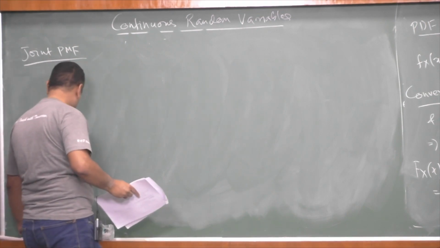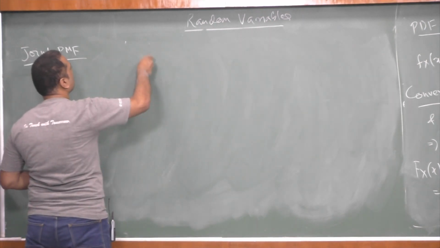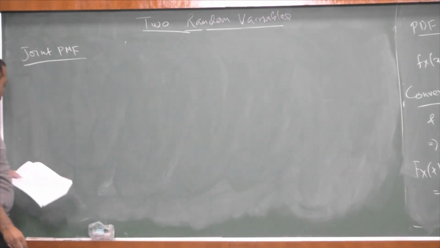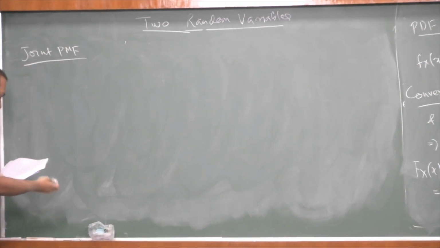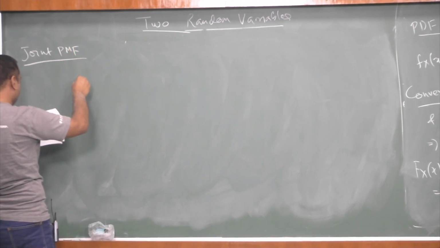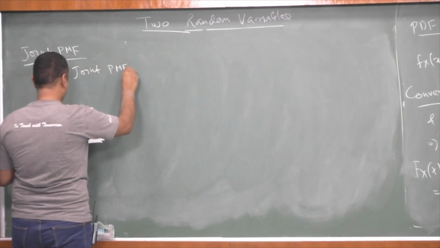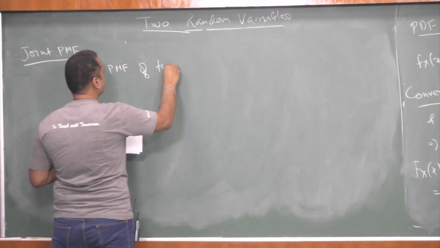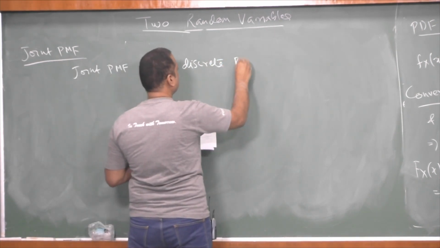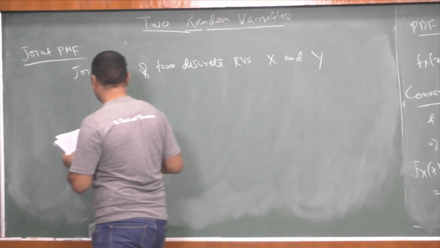So now we are moving to two random variables, and at some point we will generalize this to a vector of random variables. Okay, so let us say two random variables. In the discrete case, that's why we use PMF. This is discrete. The joint PMF of two discrete random variables X and Y is defined as